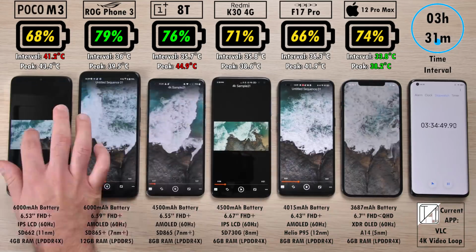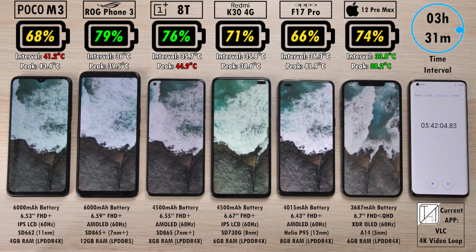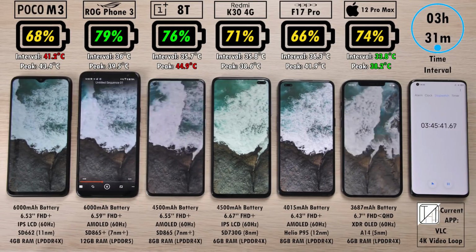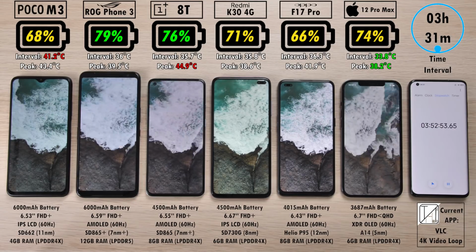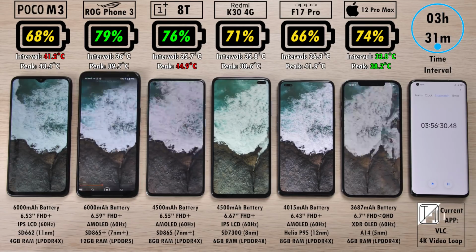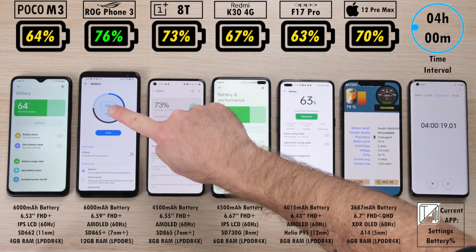Many devices over here are indeed 5G compatible devices, so this test isn't really in relation to how you use your phone when it is on the cellular network such as LTE or 5G. They're all hooked to the same Wi-Fi, however, and before I started the test, I made sure that they were all set to the exact same brightness level using a lux luminous meter as I showed you in the introduction